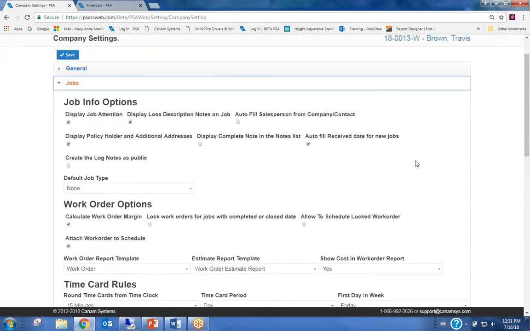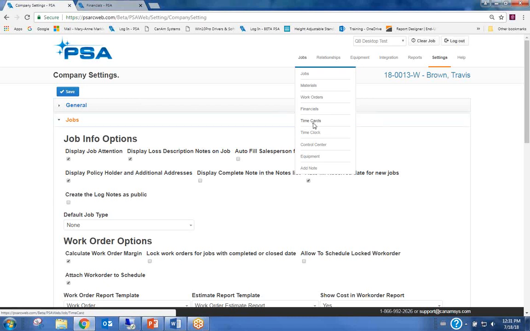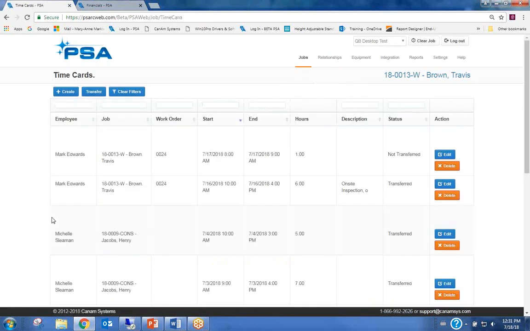And if we go to the time cards themselves, okay, so here we have a time card that is in the system already for the same person, Mark Edwards, for 1 hour. The process when this transfer step, what that does inside your PSA is it